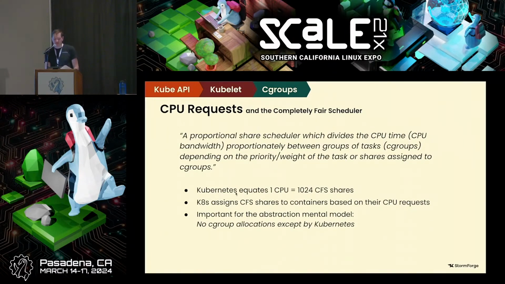Kubernetes, when it does this allocation, basically says if you've asked for one full CPU, I'm going to translate that to 1024 CFS shares when I implement your container on the node. And Kubernetes is going to assign CFS shares according to the request that you made. If nothing else on the node is messing with cgroups, this abstraction model can basically result in, okay, if you said you got one core and there's 2 cores available, that's 50% of the node that's kind of set aside for you. If anything else is making cgroups, by the way, and assigning shares, all of this goes